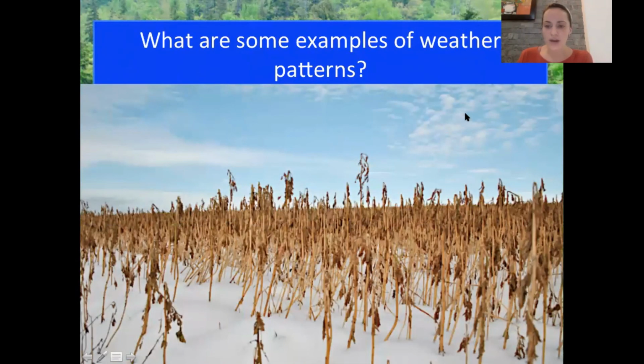So this is why understanding weather patterns is important. This is wheat. Wheat makes bread and flour. Leo, what happened to the wheat that was growing here? No. No, these farmers planted way too early. They planted in spring, but then it snowed again and all of their crops died. That's why we need to measure weather and figure out the patterns so that the farmers know when to plant